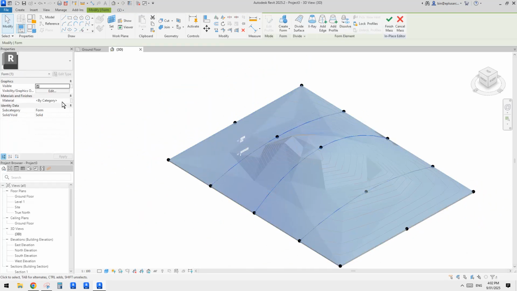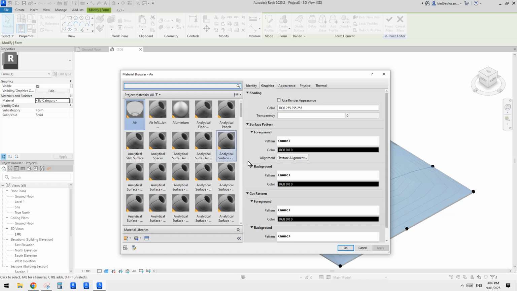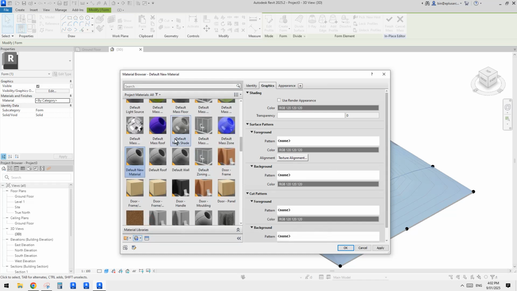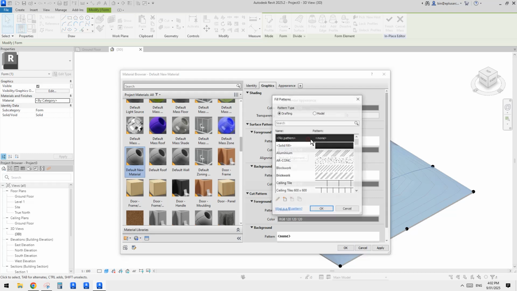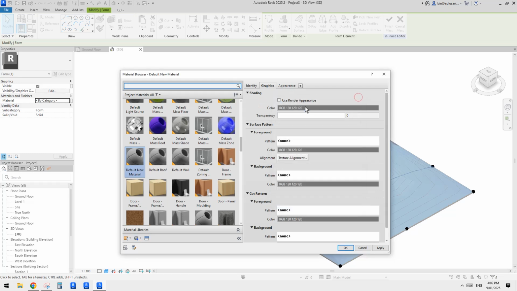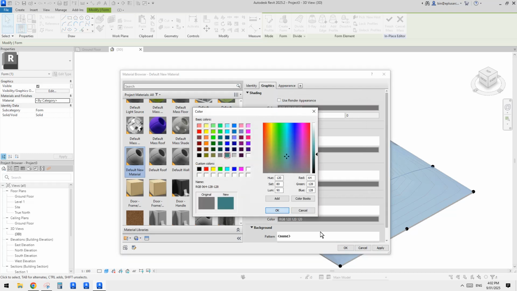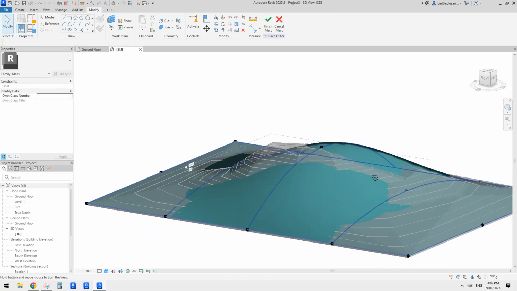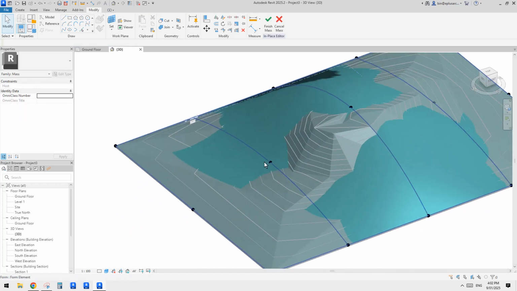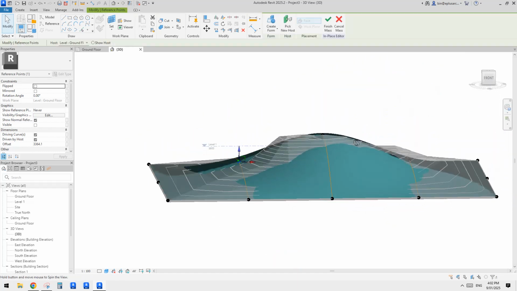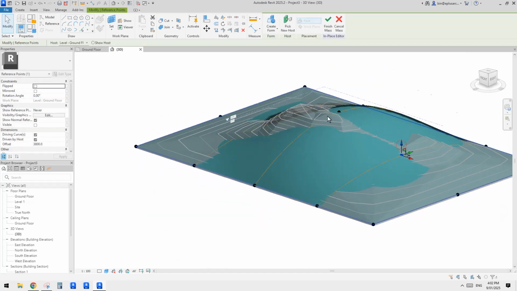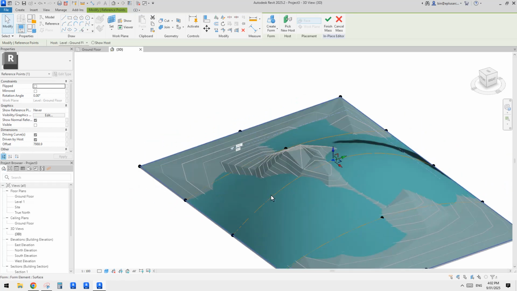And also maybe you can just give it a material, because currently it's a default form material, a translucent material. If we use a solid material instead, maybe I'll just give it a color. So maybe this color, apply. So you can see now it's easier for us to spot the difference between them, right? So this needs to go up, and also here we need to lower